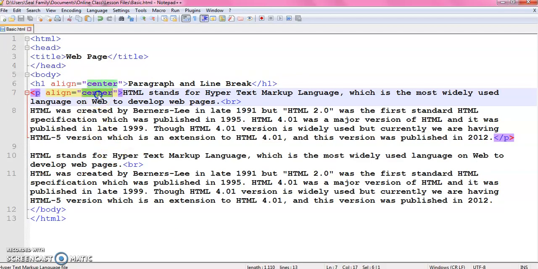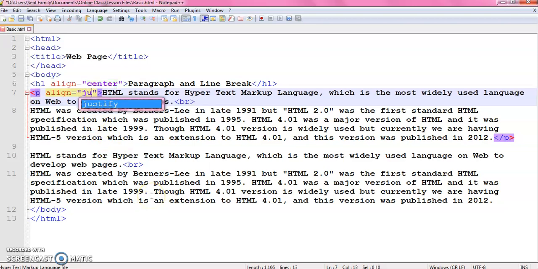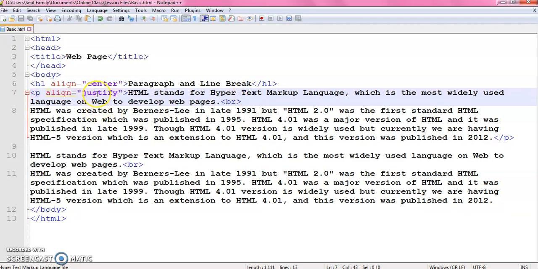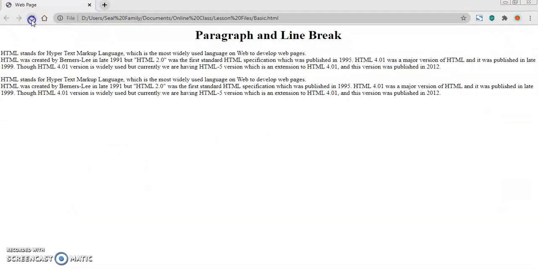Now the other attribute value is justify. Remember, the default attribute value of align is left. So it does not matter whether you put the value left or not. By default it will appear as the left alignment. So this is the justify attribute value.